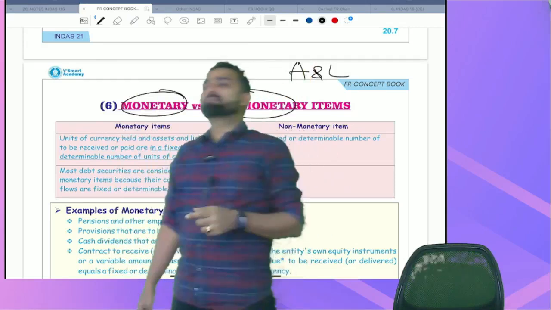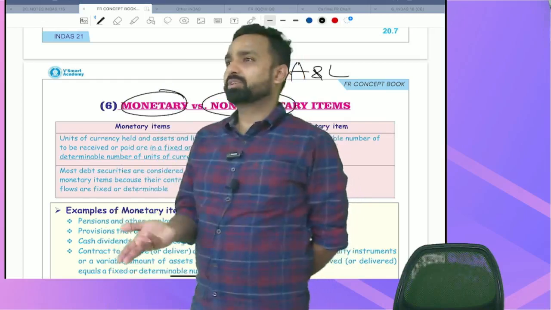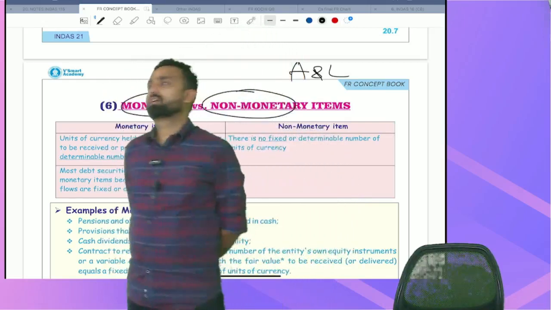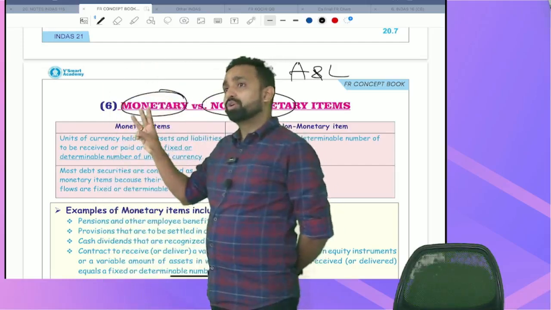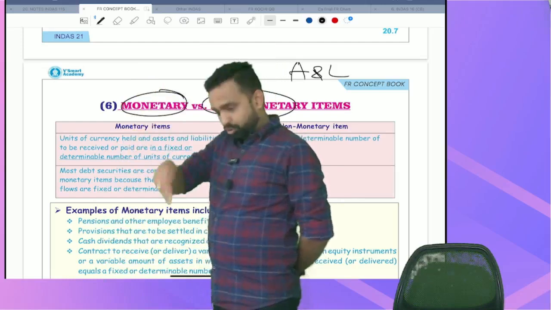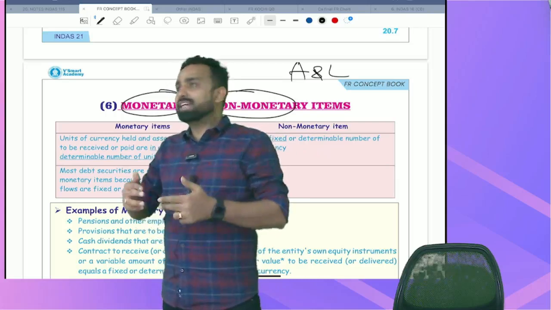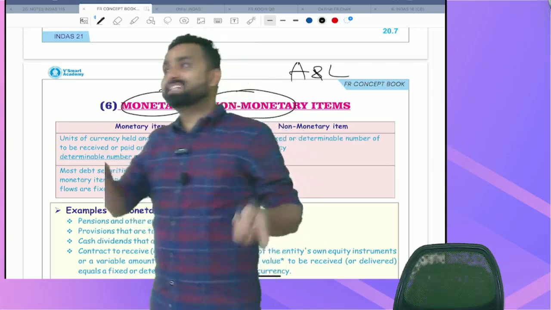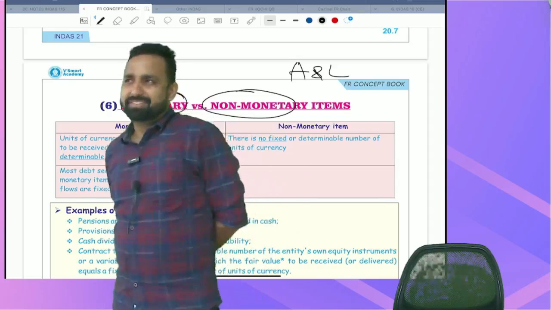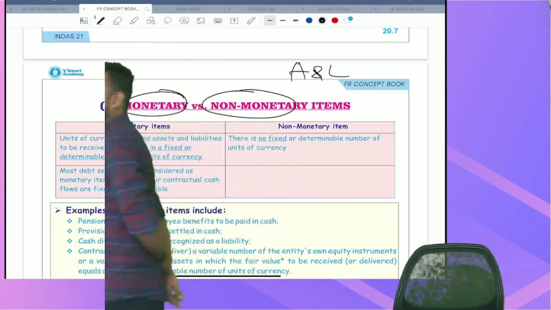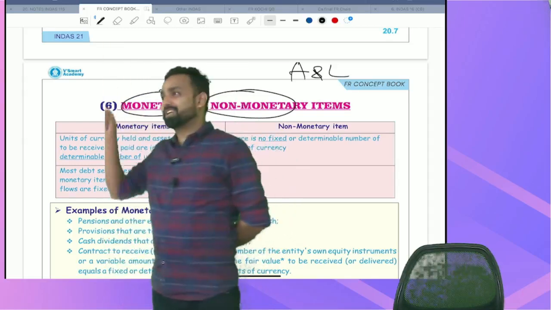So, okay, fine. Please listen to me. FCMI: debtor, creditor, loans. What to do? Revalue. As per which rate? Today's rate, the balance sheet rate. Then exchange gain or exchange loss is transferred to P&L. Exception? Which hedge? Cash flow hedge. How many types of hedge are there? What are the three types? Cash flow hedge, fair value hedge, hedge of net investment in foreign operation.